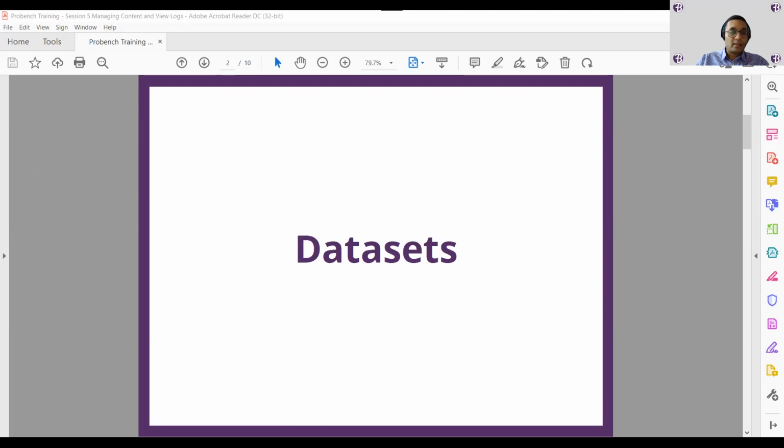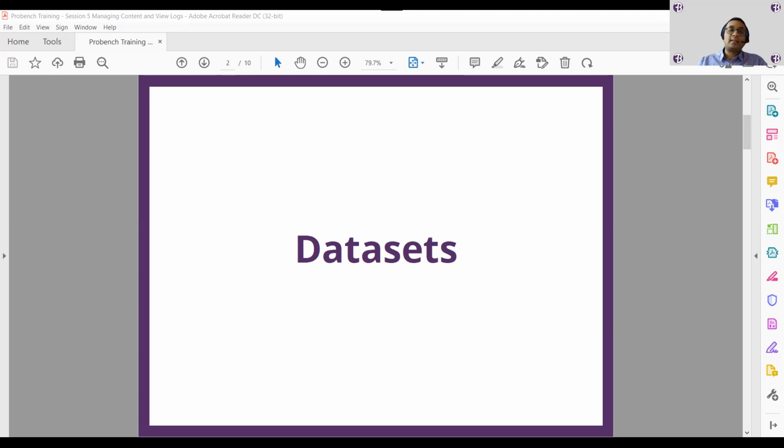All three menus that I spoke about are out here, in the data and analysis menu inside ProBench: data sets, export responses, and view progress, which was previously view responses. I'll tell you why we changed the name. And lastly, there is also a way where the data sets can be exported to a Dropbox account directly, in a CSV format. These are all the four ways you can get the data out from ProBench.